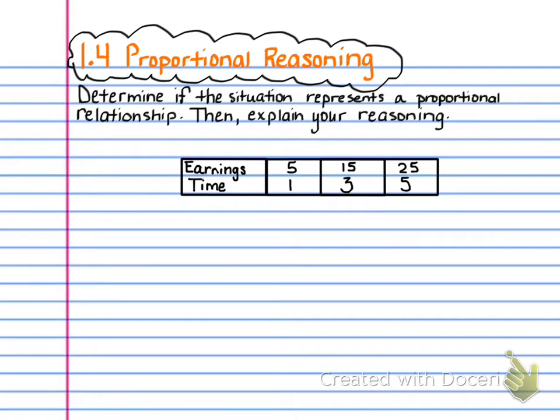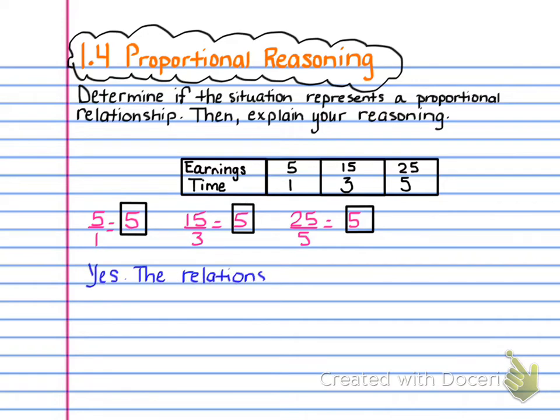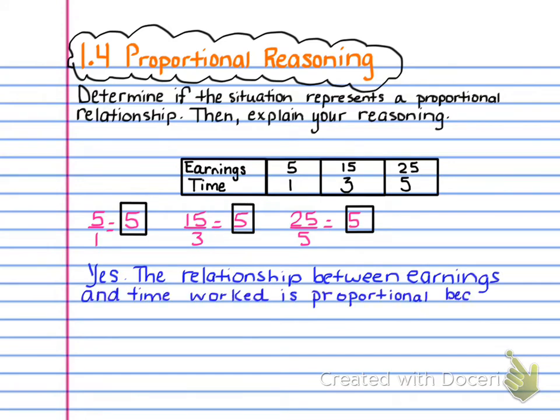So the earnings are on top, $5, $15, and $25, and the time is on the bottom, 1, 3, and 5 hours. So the thing that you need to do is first set them up as ratios and simplify them. And as you can see, I've done that here, and all of the ratios simplify to 5. So my explain, which is very important, because remember these are usually worth 2 or 3 points just for the explanation, is going to say yes, the relationship between earnings and time worked is proportional because all